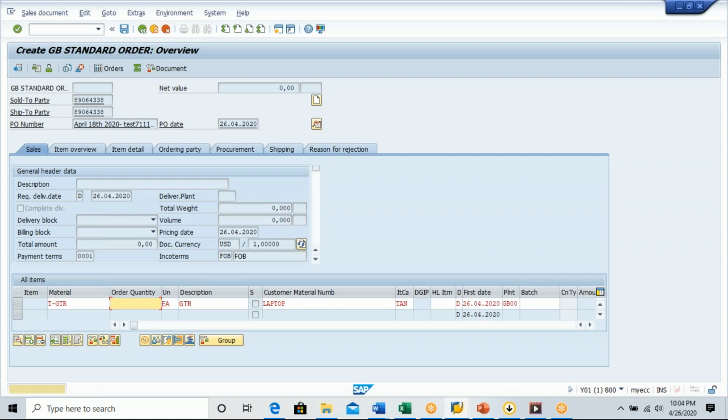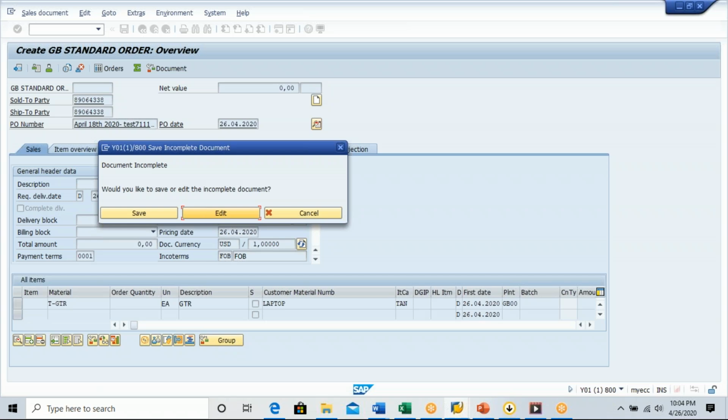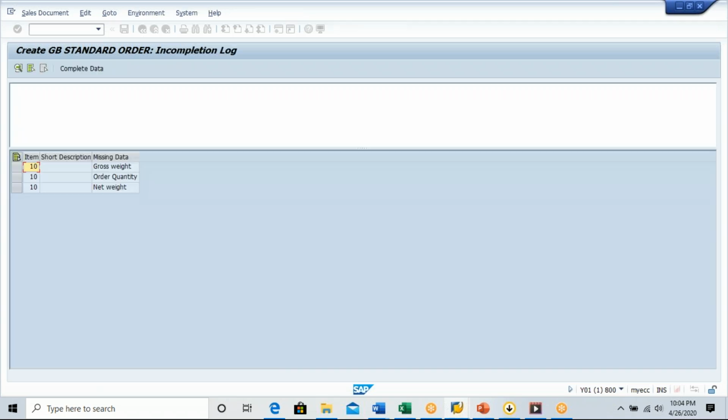Okay. So now I am trying to save the sales order. So what is the system saying? The document is incomplete. When I try to save it, it is saying document incomplete. Would you like to save it or would you like to edit the data? So if I go and check the edit option,